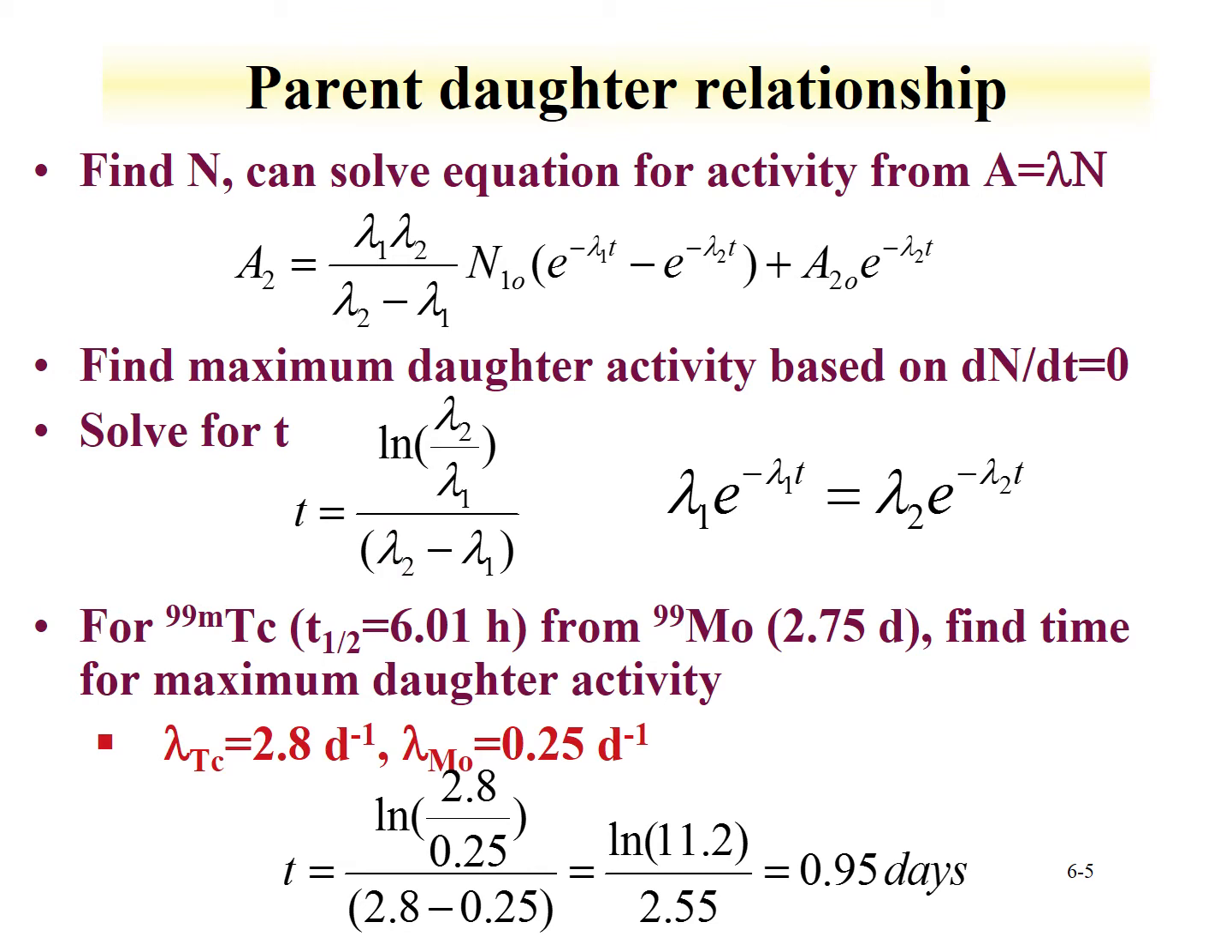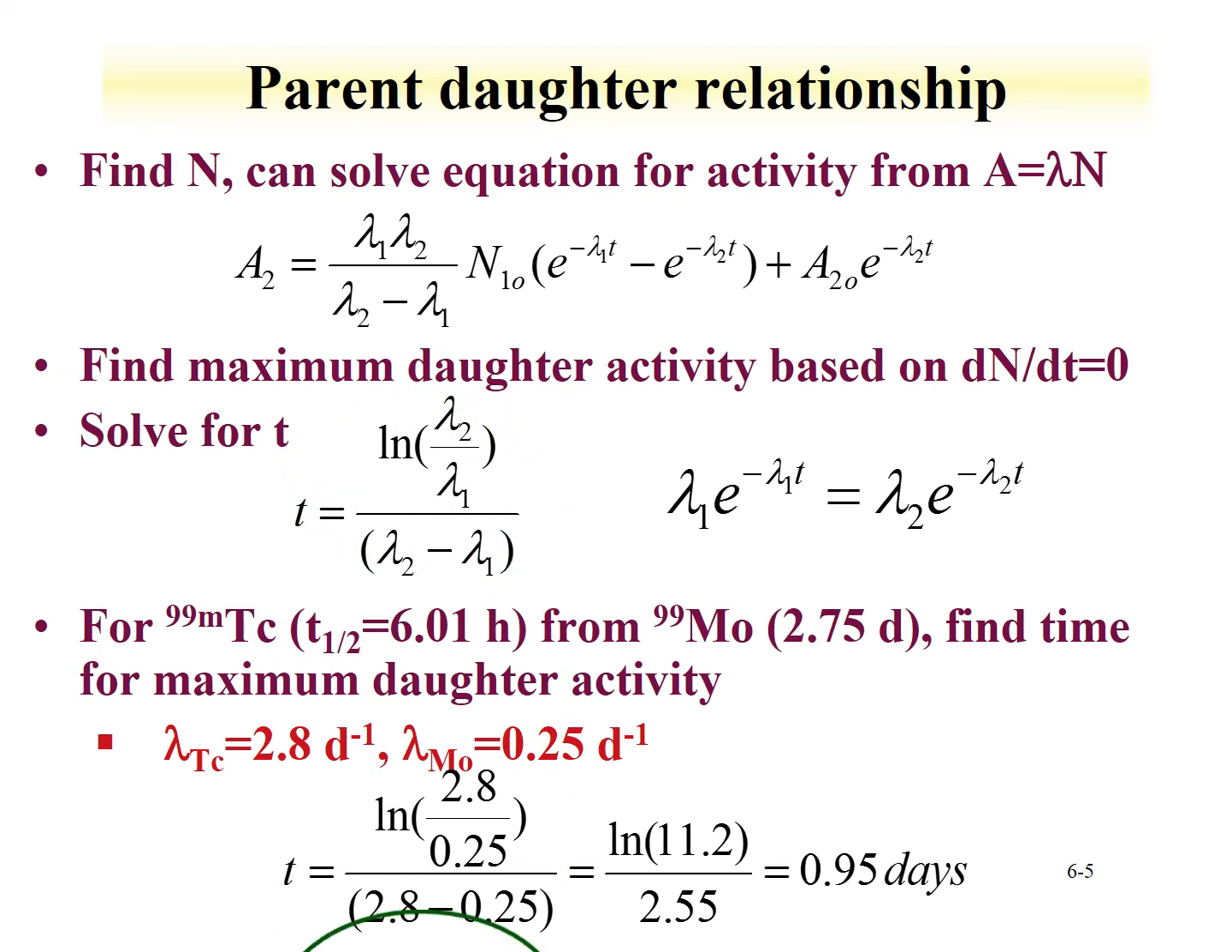We can apply this as an example. Imagine that we have a radioisotope generator where we're making technetium-99m. This decays from a molybdenum-99 parent that has a half-life of 2.7 days. The technetium daughter has a half-life of 6 hours. Find the time that's needed so that we have a maximum daughter activity. I'll take this equation, put in these constants, solve, and it comes out to be